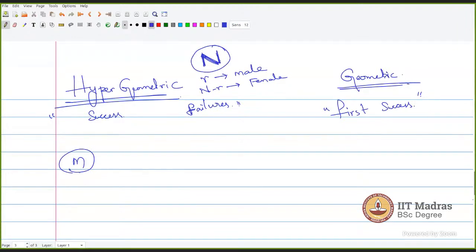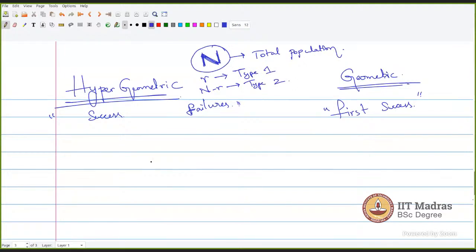Even in his case, what is m? Selected m persons uniformly at random without replacement. Yeah, selected m persons. Okay, this is what it is. See, N is total population. So let us assume total population, and R is, okay, I will use type 1, type 2. So out of this N total population, R people are from type 1 and N minus R will be type 2.